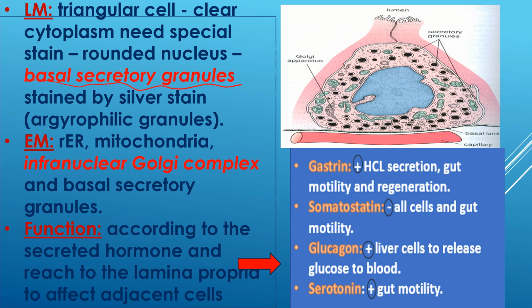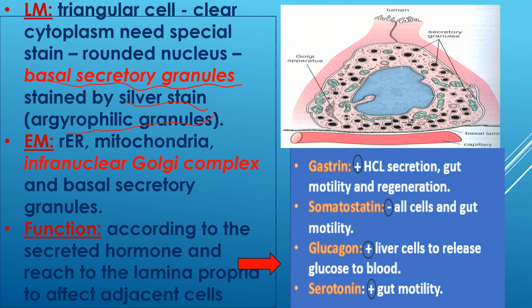It has a characteristic important stain to know. It can be stained by silver stain due to the presence of its basal secretory granules. These granules like silver stain, so they are argyrophilic granules. By electron microscopy, we are going to find that it contains RER, mitochondria, and not a supranuclear